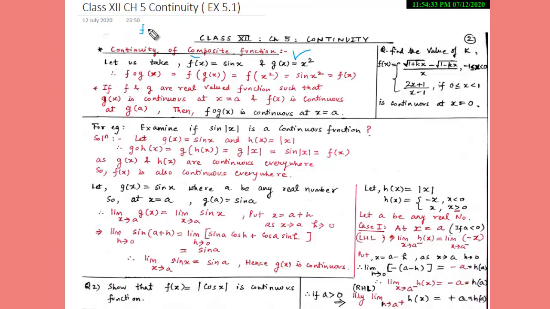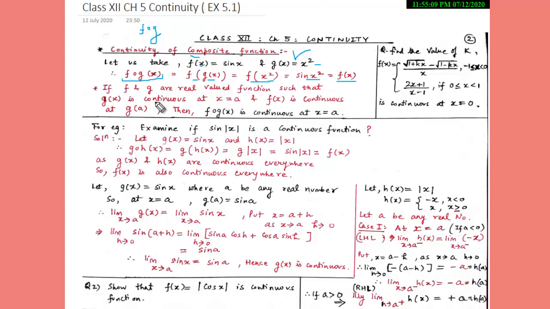So, to understand it, let us take two functions, that is f(x) equals sin x, and g(x) equals x square. So, student, from here, the composition of a function, that is f of g(x), equals f, and in place of o we can write bracket and then g of x. So from here we get f, and in bracket we will put the value of g(x), which is x square. So student, this is the value of x, and we will put this value of x in the f function in place of x. So from here we get sin x square, and this is equal to f(x).